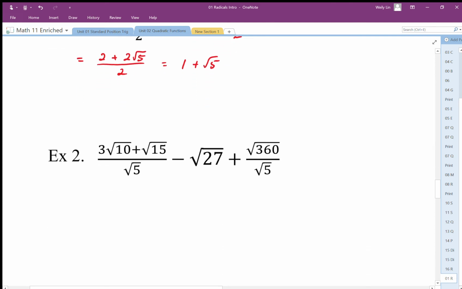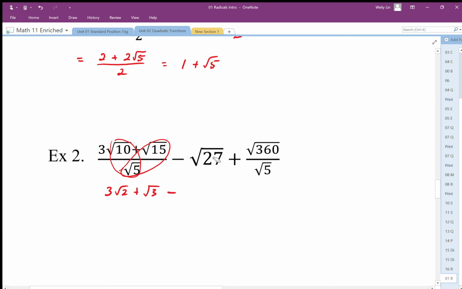So here again, we can simplify this expression. First, I would simplify the fraction before we try to add these like terms, these rational parts. So here, since we have division across addition, we can distribute the division. So we end up with 3 root 2 plus root 3 minus,